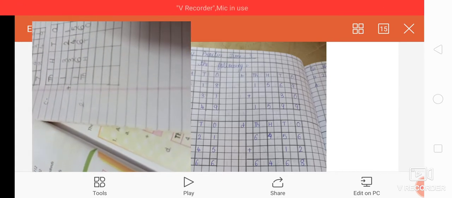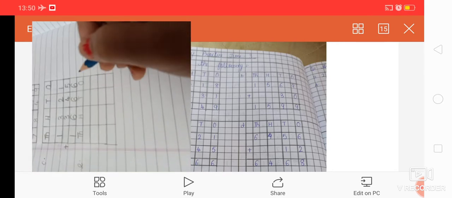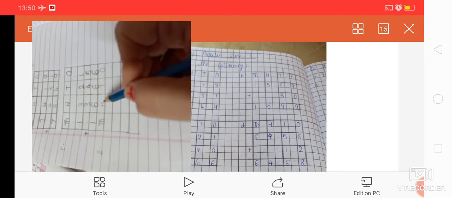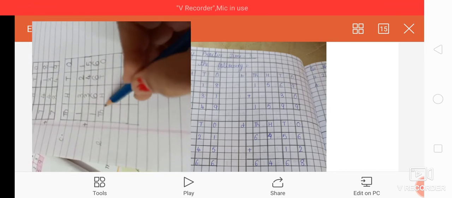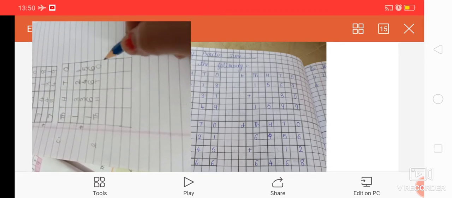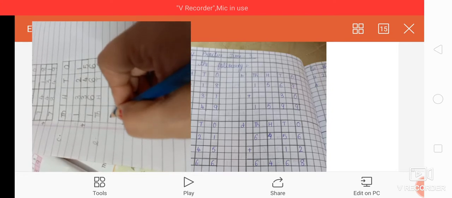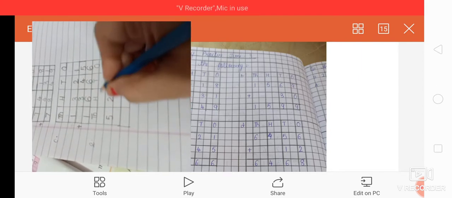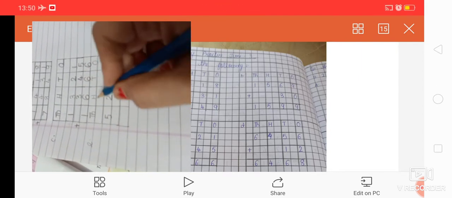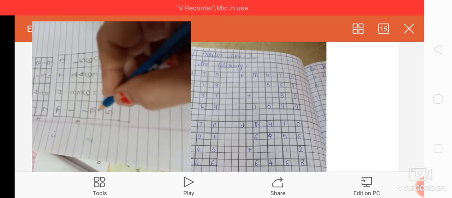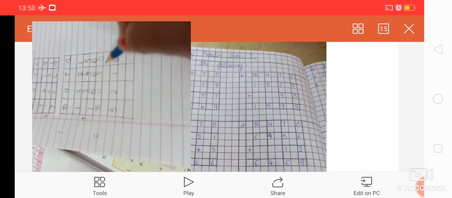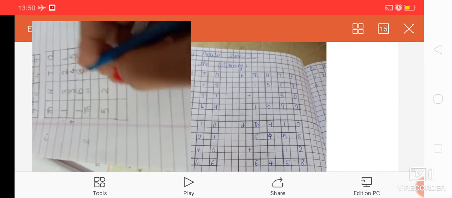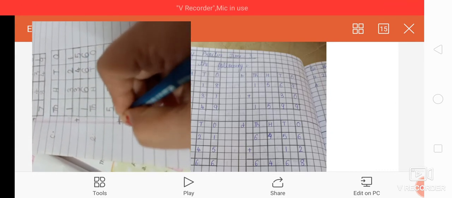Now the D sum is for homework. We will solve the E sum. What is the number in the E sum? You have to draw the columns and write thousands, hundreds, tens and ones. In each column we write one number. The number in the first column is 5216. We will leave this first column. Why do we leave it? To carry forward the numbers, to carry over. We do not borrow in addition, but we carry forward the numbers. We leave one column. And don't forget to put the addition sign.